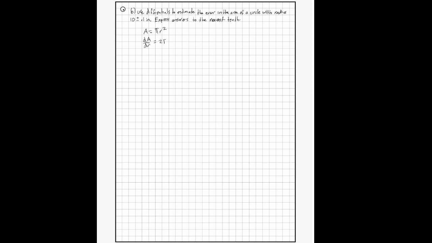2 pi r, and it's just 2 pi r, not 2 pi r squared, because power rule. Boom, 2 times r, and then 2 minus 1 is 1, so it's just r. So 2 pi r, it looks nicer that way, right? So what I do next is, after this, I multiply the dr on both sides. So dr times this side, dr times this side. So I end up with dA equals 2 pi r times, oops, that's an uppercase